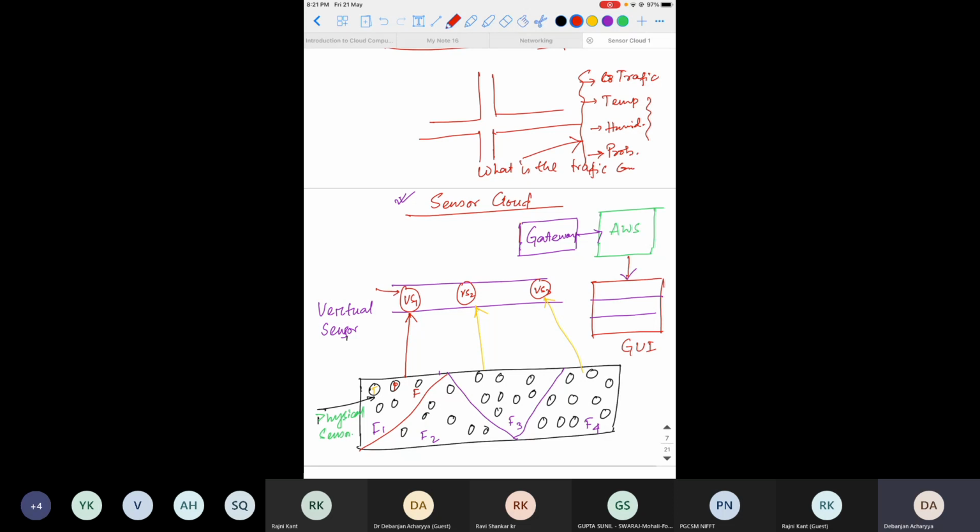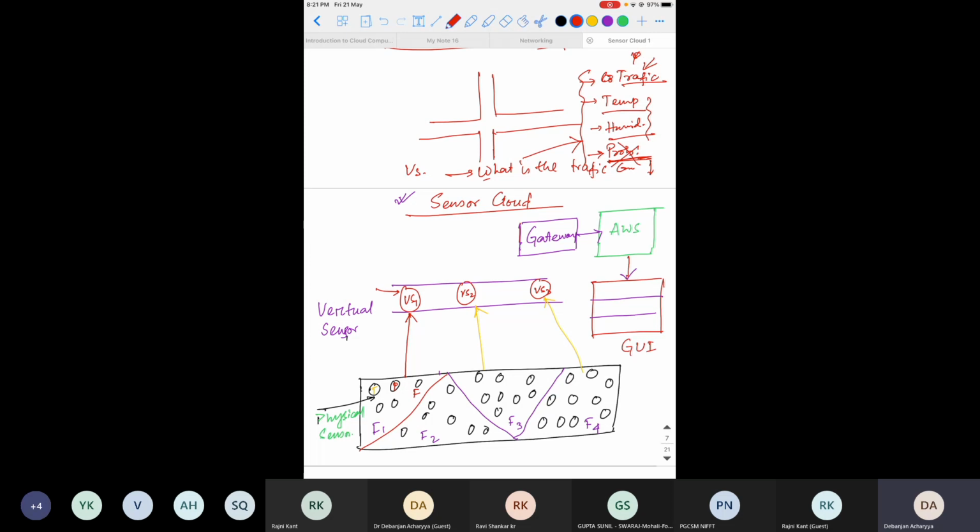So the virtual sensor tells you this, and all these things are the physical sensors. Because for the traffic you have to install a camera, CCTV, that kind of system. You need a temperature sensor, a humidity sensor, and probability, which is also a kind of statistical analysis. Don't forget about these things right now. The virtual sensor gives you the solution for a big problem.